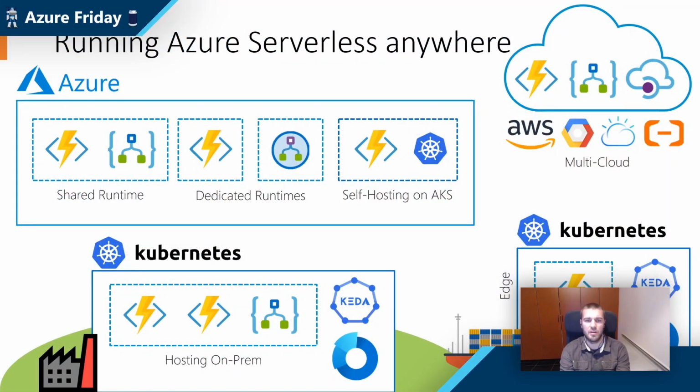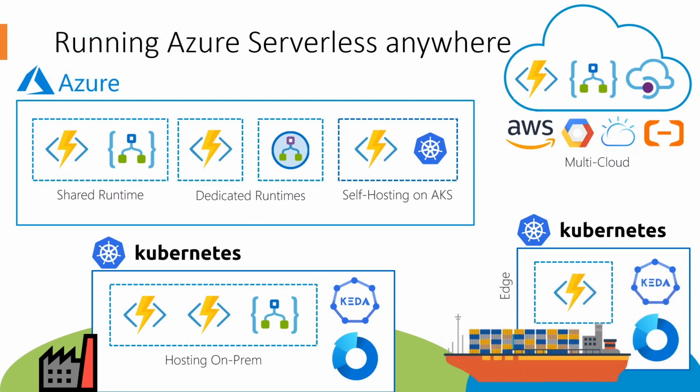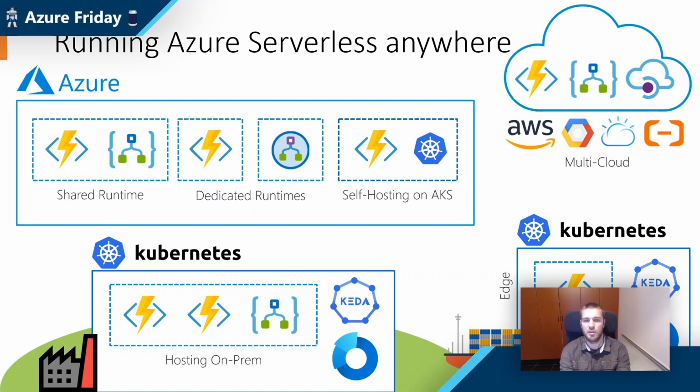Yeah, that's correct. So the Azure Functions team partnered with Red Hat in 2019 because they wanted to bring the same capabilities to Kubernetes, because one of the strategies of Azure lately was really to bring Azure serverless anywhere. So as of today, you can already run your functions anywhere. Now we have a preview for Logic Apps. You can bring API Management wherever you want. You can run it on other clouds for a multi-cloud strategy, you can run it on the edge, on boats, you can run it on-prem, you can basically host it wherever you want.